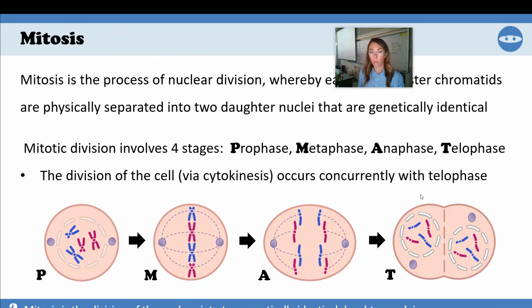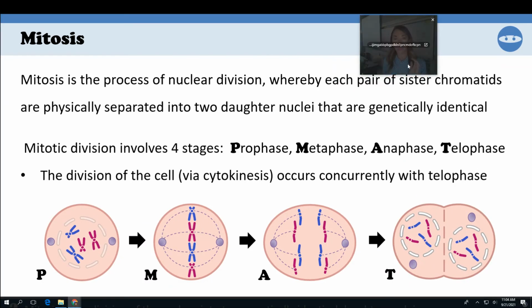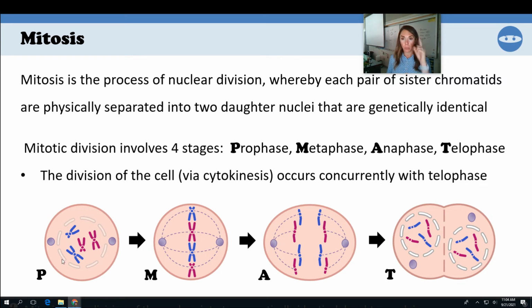Okay, now I'm prepared. I've got all my DNA, I've got everything ready, and now I'm going into mitosis, that last phase. Mitosis is prophase, metaphase, anaphase, and telophase. These are the different phases that you'll need to know, so go ahead and sketch them into the boxes. Pro means 1. They're all sistered up, paired up, and condensed. You can see my nuclear envelope right here. It starts to disappear because the nucleus membrane is going to go away.